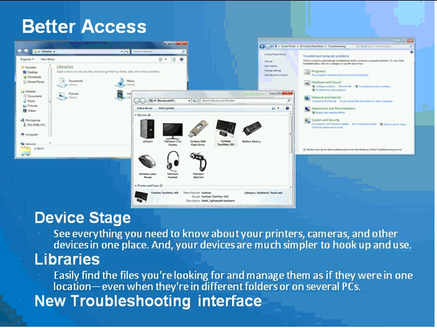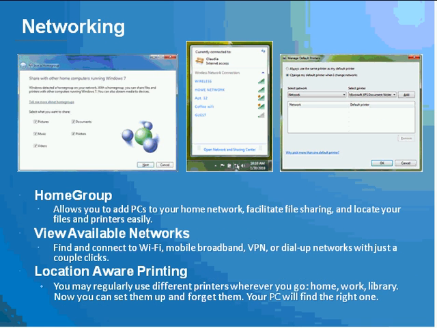And also, you have a new troubleshooting interface. We've attached a screenshot that you can see right here. We've had no trouble running Windows 7, so we haven't actually run through this one. But what we're told is you get a lot of new, easy-to-do troubleshooting steps, much more user-friendly.